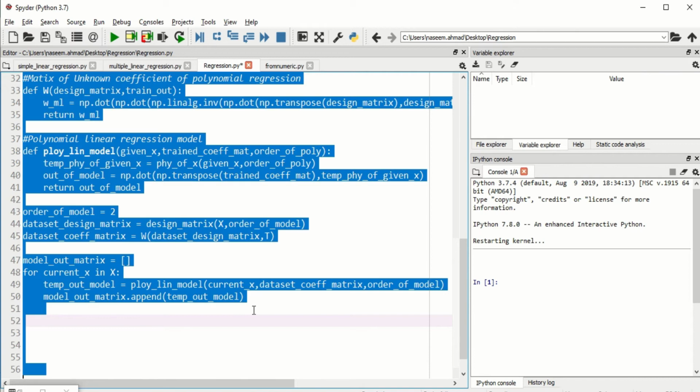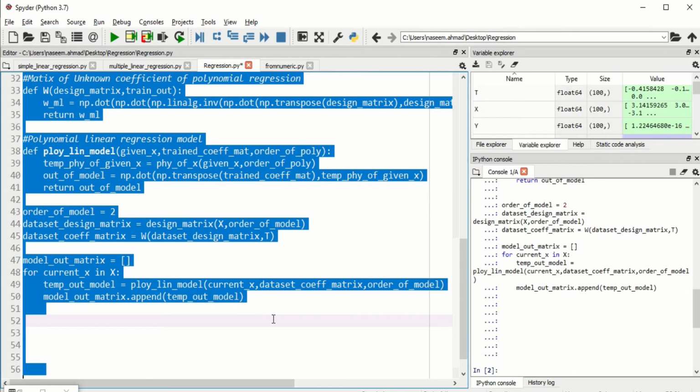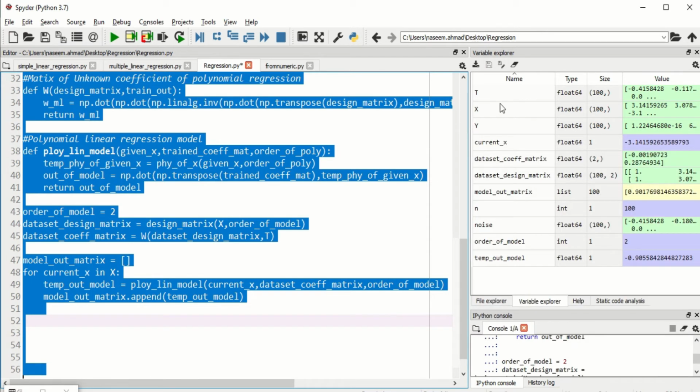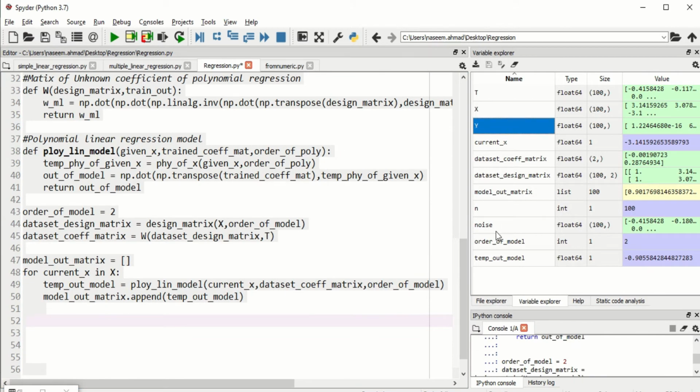This is good. If I run this whole code, click F9, our code is running and it is perfectly fine. Let's get it out. We have X, we have T, we have Y, and we have the order of the polynomial, temp, out model, and model output matrix.